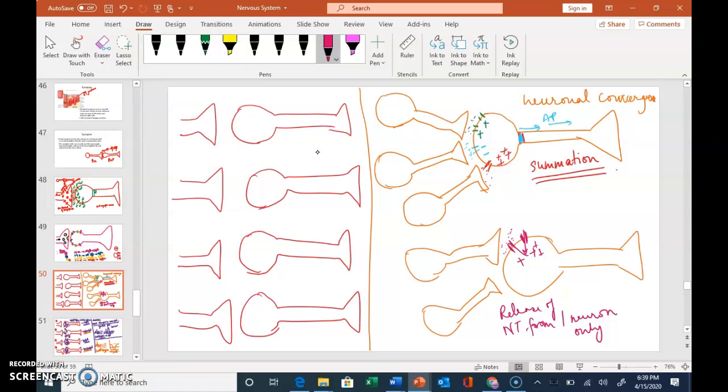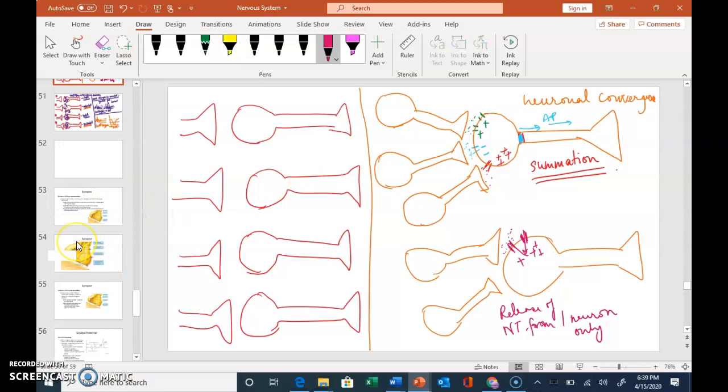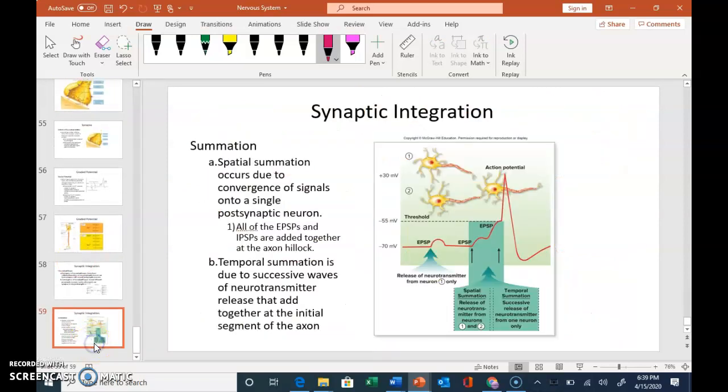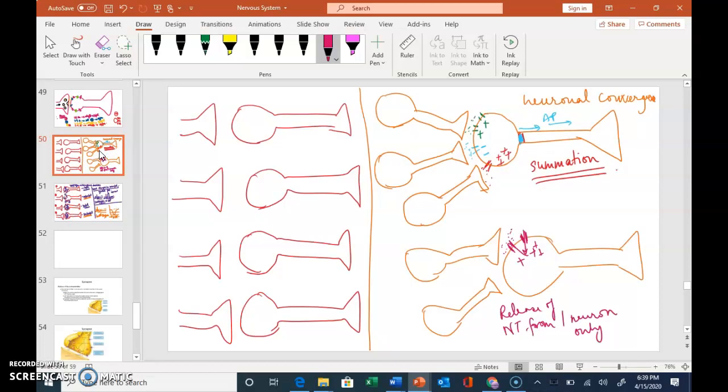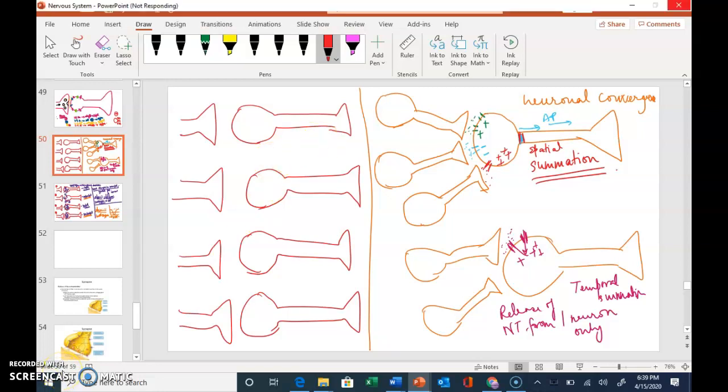So when you have only one neuron stimulating the downstream neuron, what is this called? This is called temporal summation. Sorry, this is also summation, but I just had a brain fart. This is called temporal summation. And this was spatial summation. Spatial summation is when you are adding things up from multiple neurons, and temporal summation is when there is only trigger from one upstream neuron. Okay, one last thing